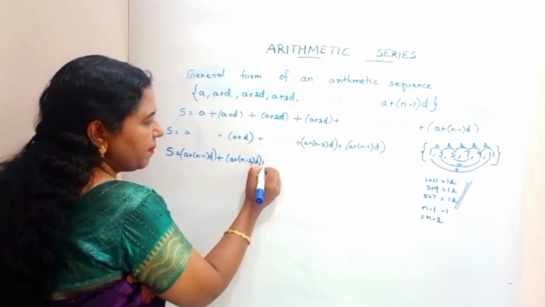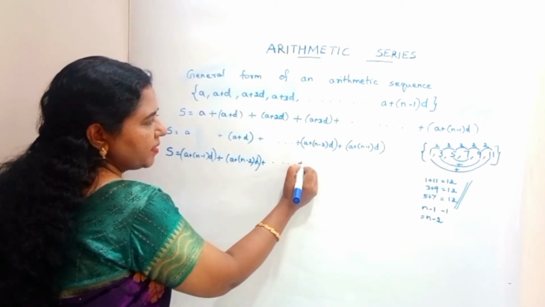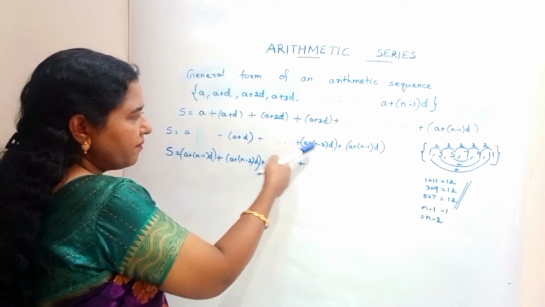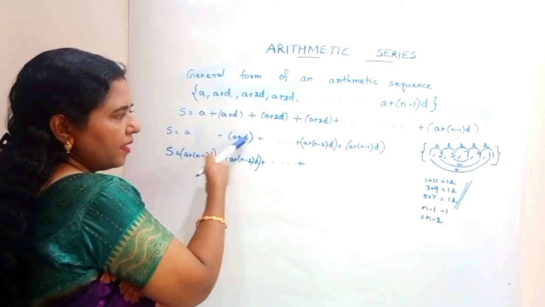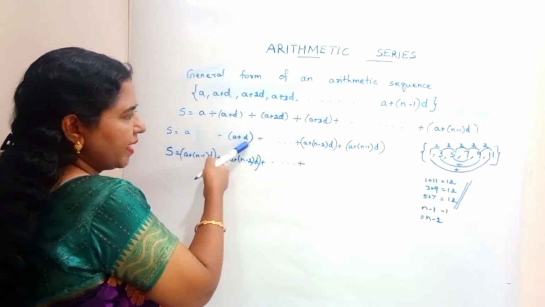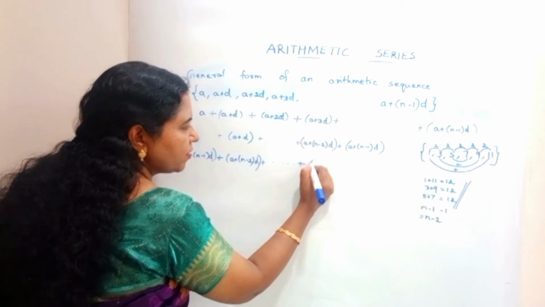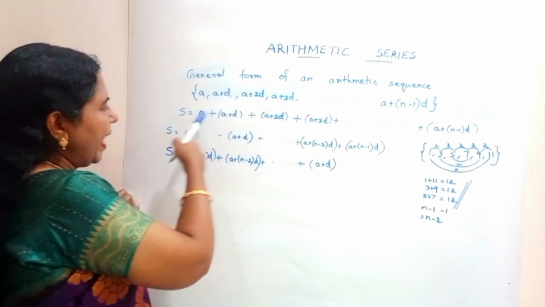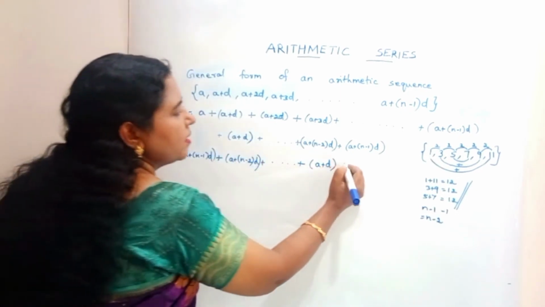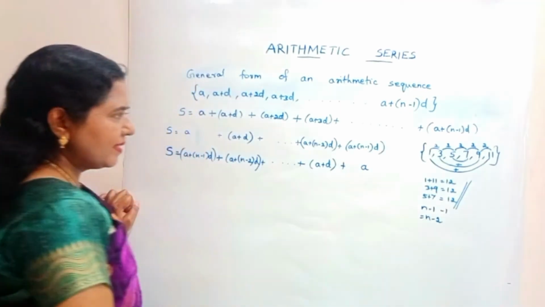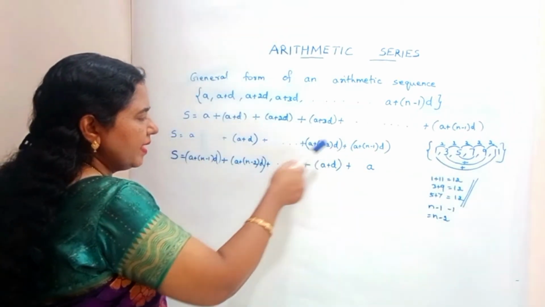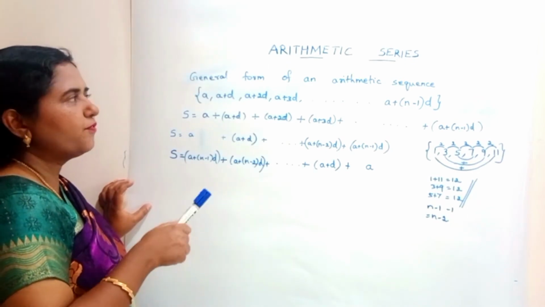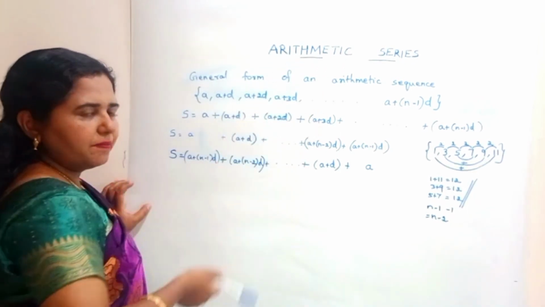And the next plus, here we can use etc. plus, here the last before term, it should be added with this term. Last before term should be added with the second term. So below this I am going to write down the second term a plus d, and the last term should be added with the first term here. So the first term comes here, that is, I have written this in the reverse order in order to bring out the formula to find out the value of the arithmetic series.